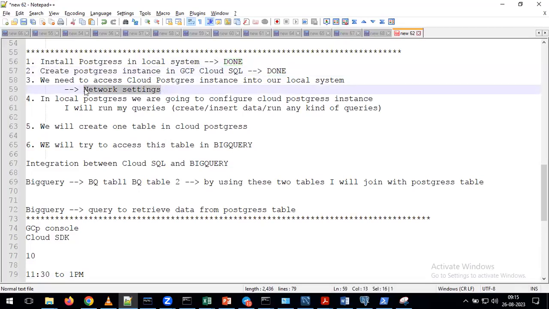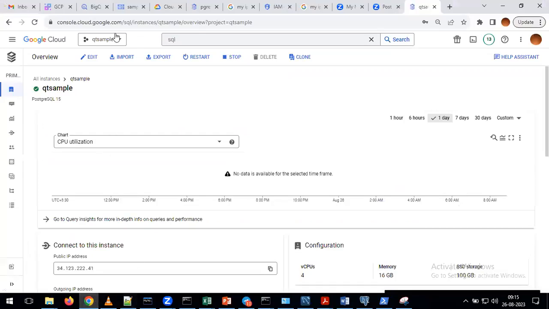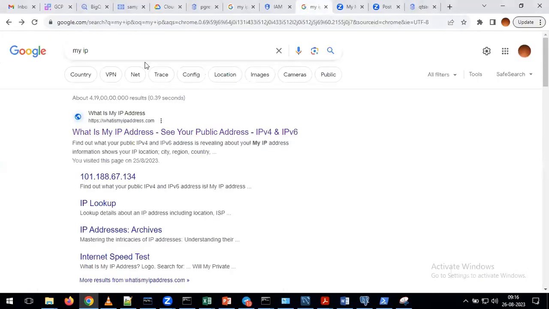For this, please open your Chrome browser. Just search with my IP. Please do this activity. In Google Chrome or in Google search, search with my IP or my IP address.